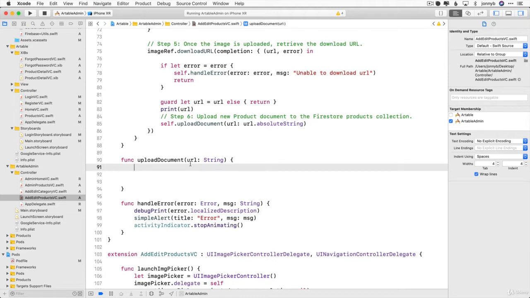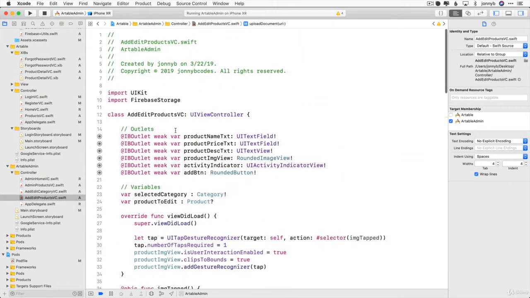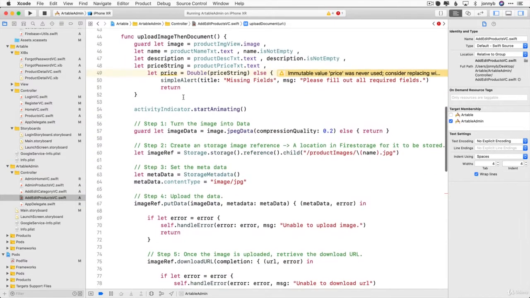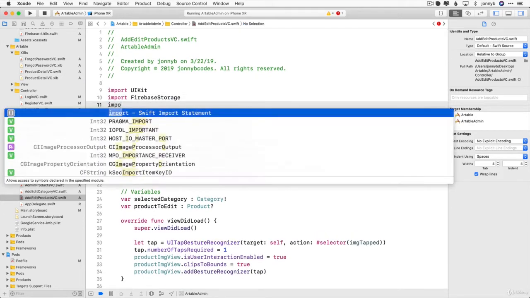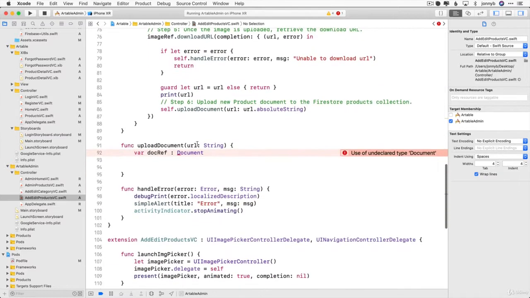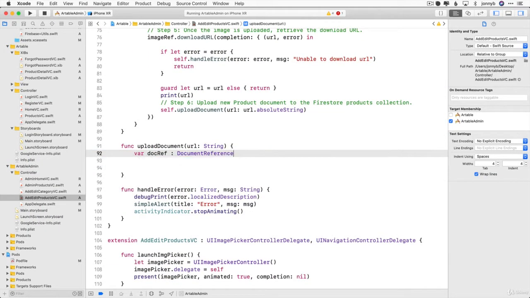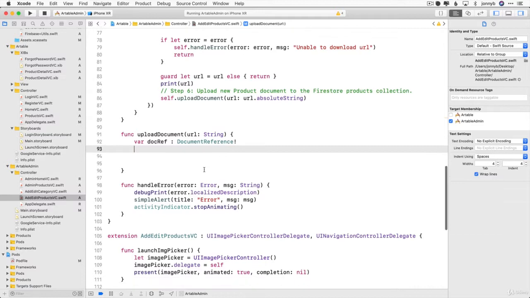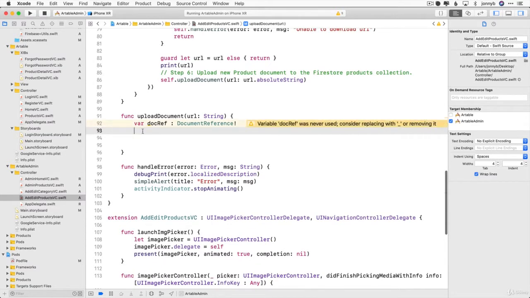so that we can upload a new product document to our Firestore products collection. So I'm going to say var docRef of type DocumentReference. It looks like I need to import Firestore. There we go, FirebaseFirestore. So we have ourselves a document reference, and then we are going to initialize a new product from our information,